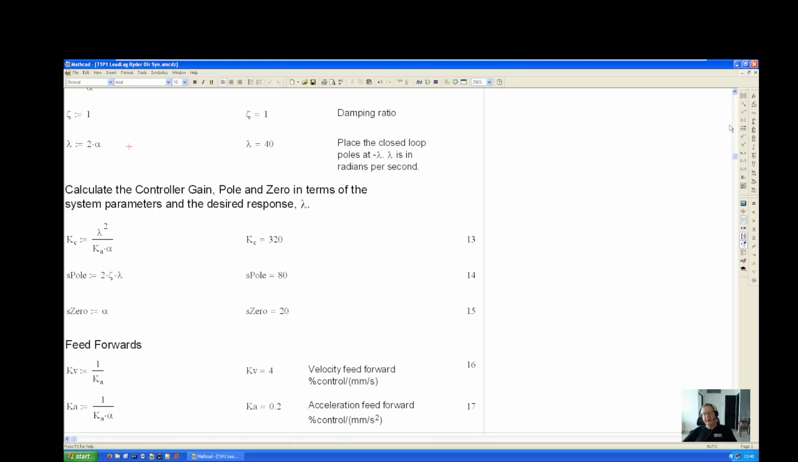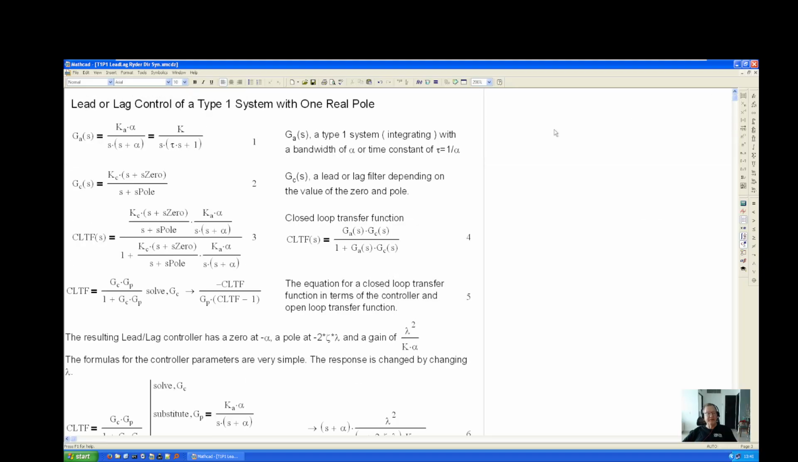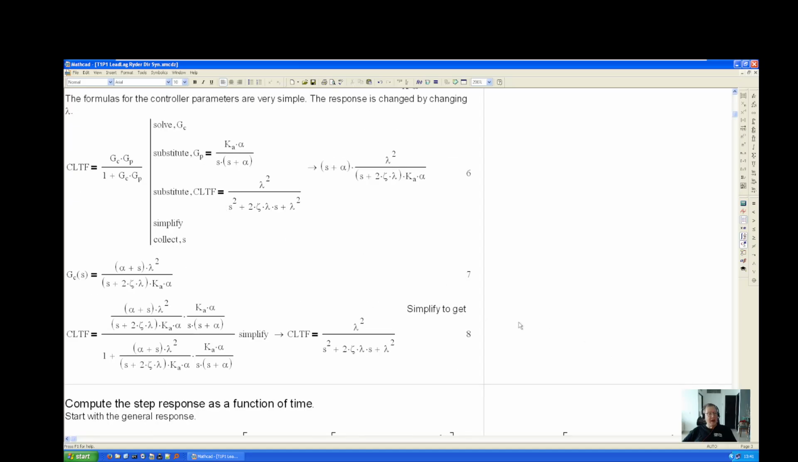It's called direct synthesis. And basically, this is the same thing down to here. And what I'm doing is I'm solving for the controller gain from this equation, solve for the controller transfer function. And if I'm solving for the controller transfer function, and I substitute the transfer function for the plant and my desired characteristic equation or response, then I can simplify, and this is the